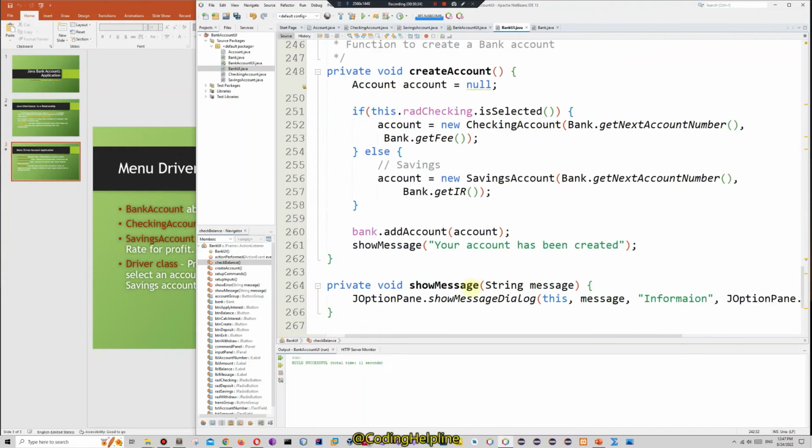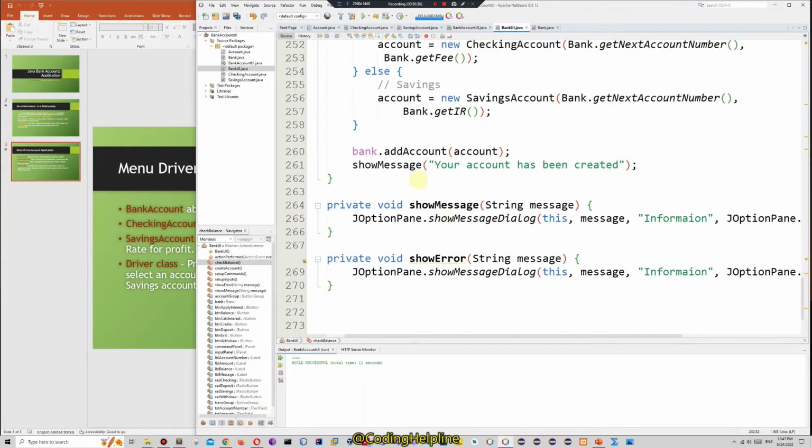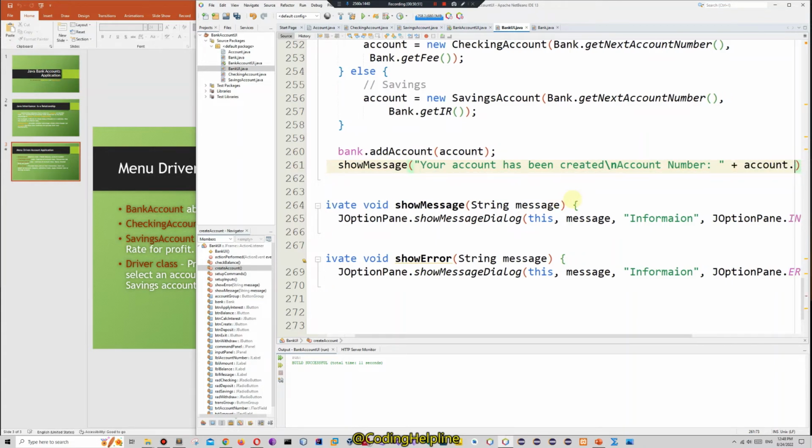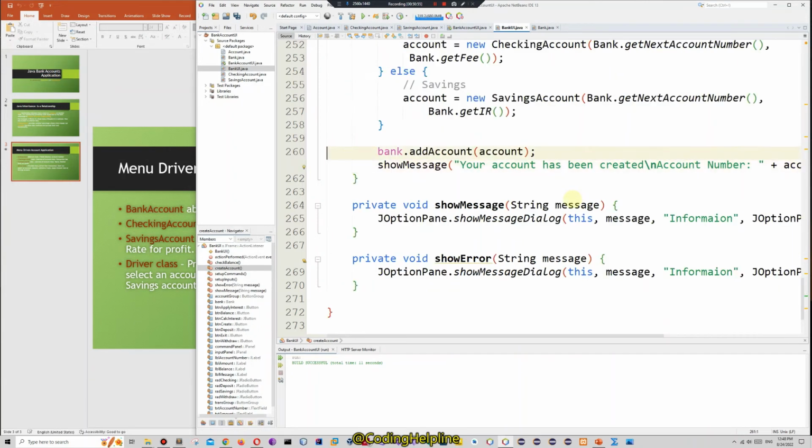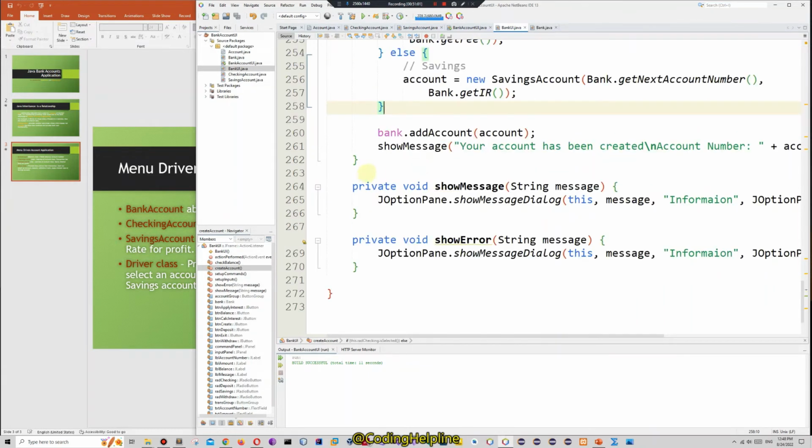Okay, let's put account number, account.getAccountNumber. Okay, this way we will get the account number. Okay, check balance,